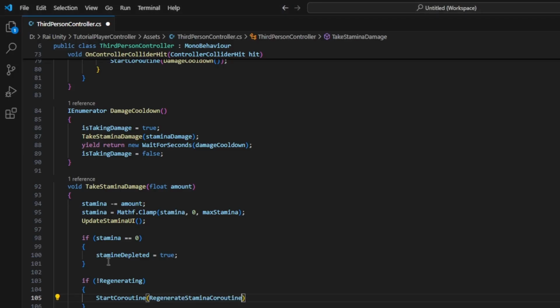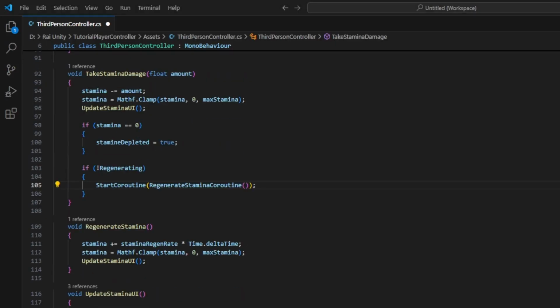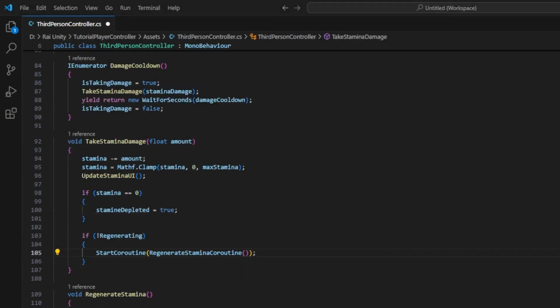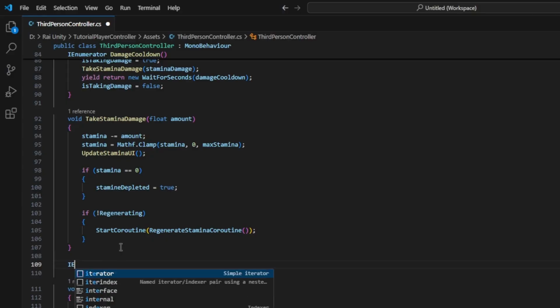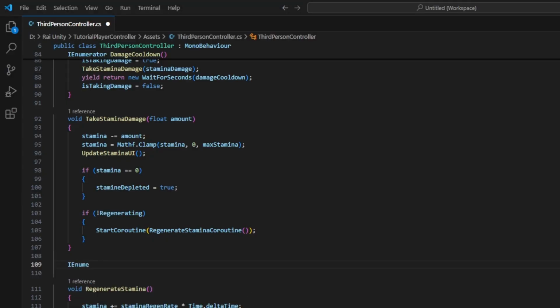Okay. You just add a parenthesis additionally and a comma. Okay. So now let's go to the, we're going to add a new code here. So I enumerator